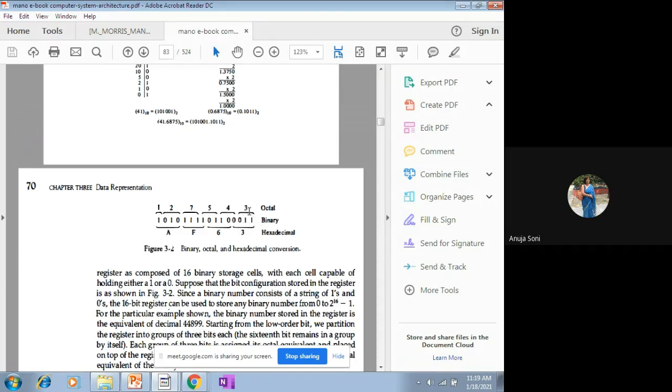So in case of octal, first 3 binary digits are joined. Afterwards, again 3 binary digits are joined in such a manner, and in the end, if some digits are lacking in order to make a group of 3 or a group of 4, accordingly that many zeros are incorporated in order to make a group of 3 or 4, and ultimately directly from the table those symbols are substituted.